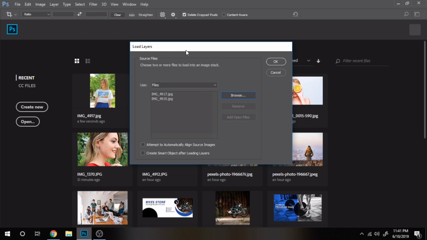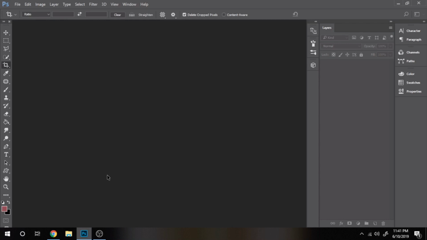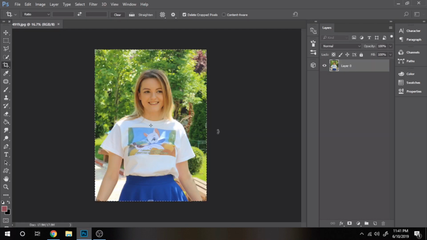This is a quick Photoshop tip. It can save you some time. For a while I used another technique to make this kind of collage, but I think this one is better.